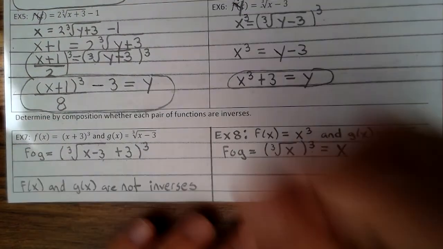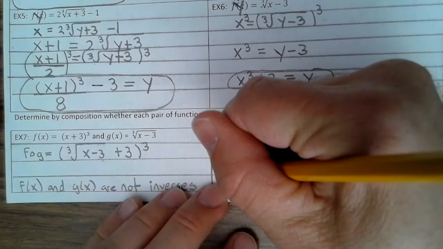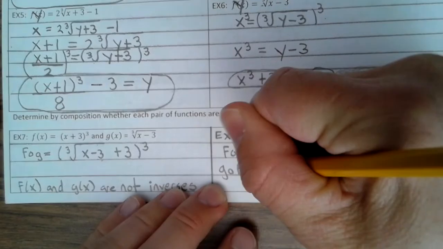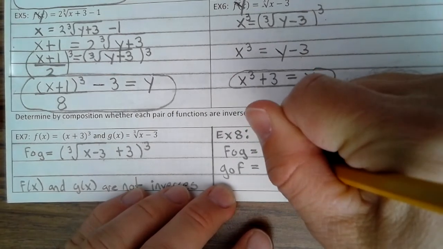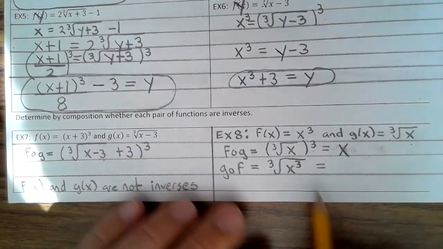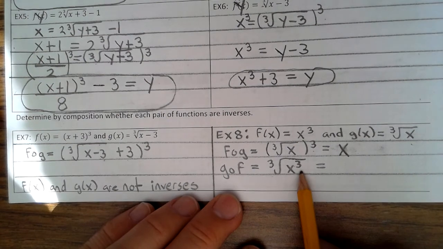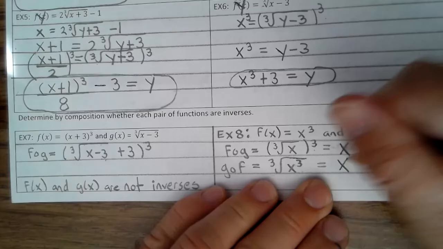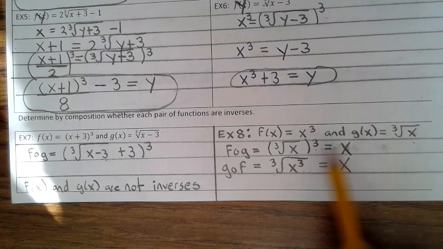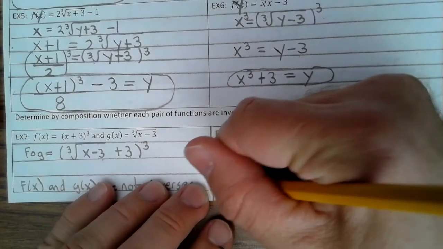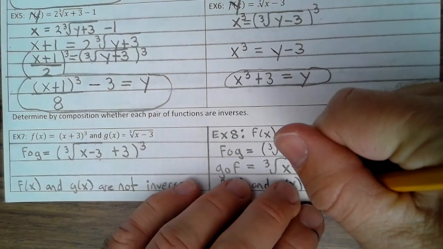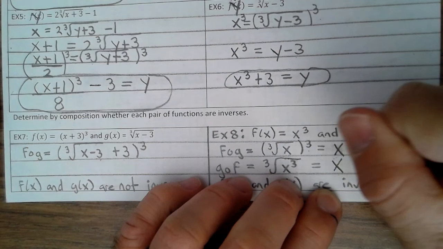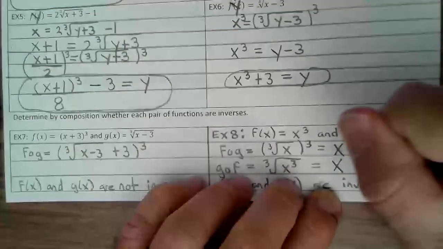Okay? Now let's try g of f. So now we're going to put this into g of x. So that's cube root of x cubed. Well, the cube root uncubes the x, so you're left with x. Since f of g equals x and g of f equals x, we can say that f of x and g of x are inverses. Okay, go ahead and finish those examples up and start working on your